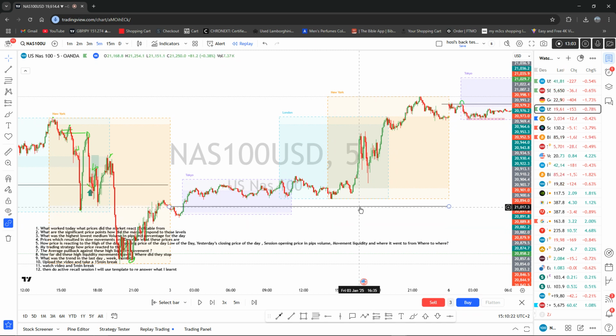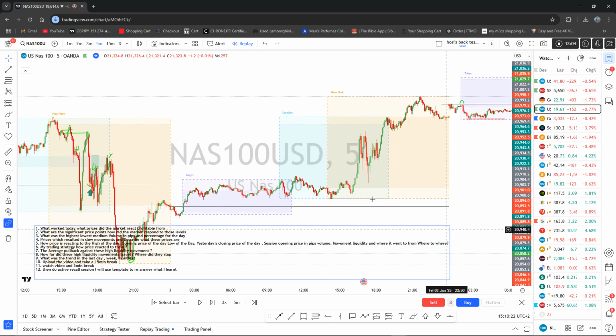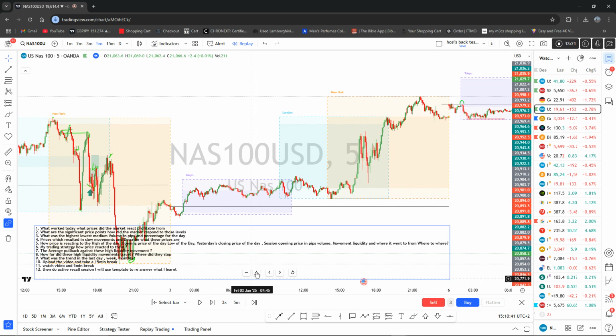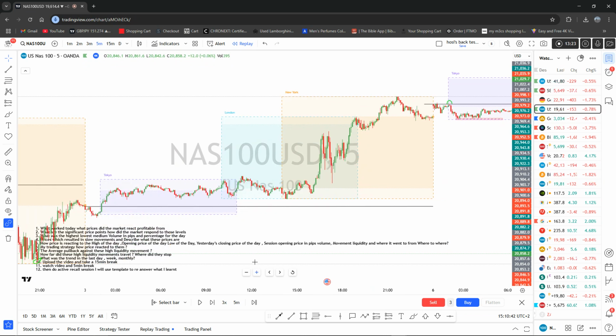Opening price of the day, we didn't go near it. Tokyo's session open, we didn't go near it. The close of Tokyo session, well, what do you know? The close of Tokyo session seems like something good did happen. So that is where Tokyo session closed, right? And New York session, there was a pullback there,